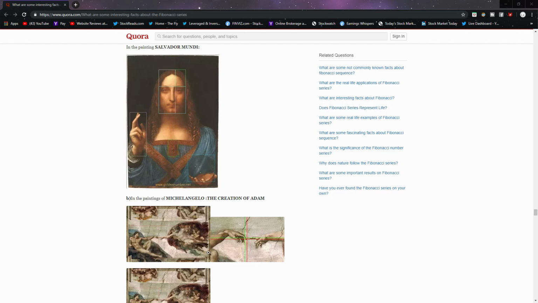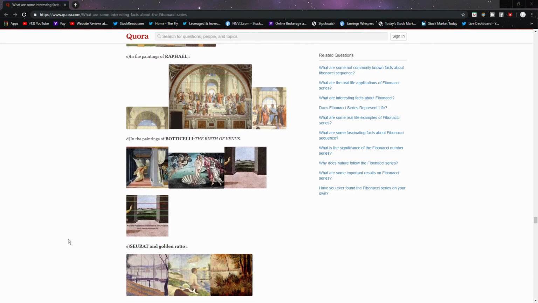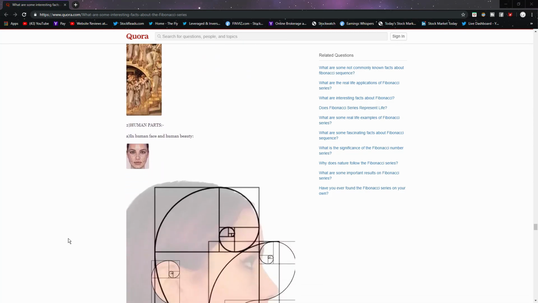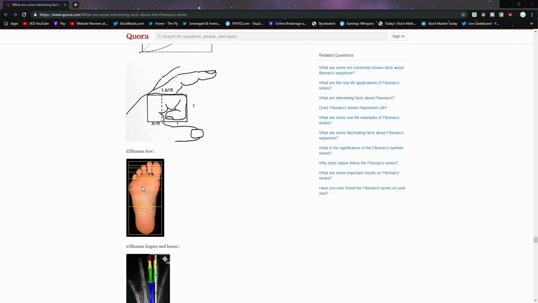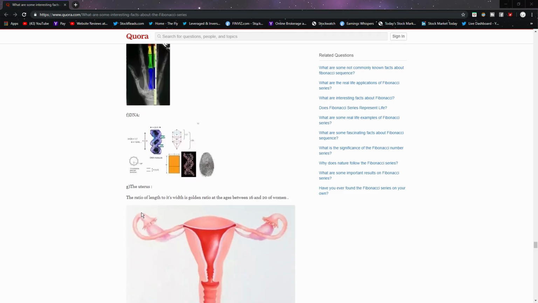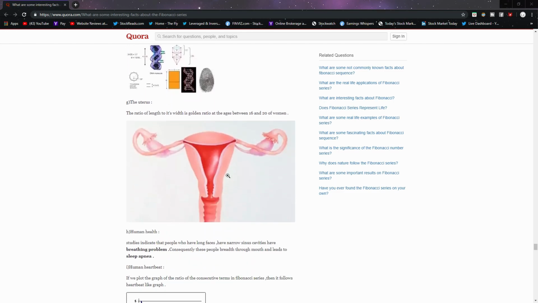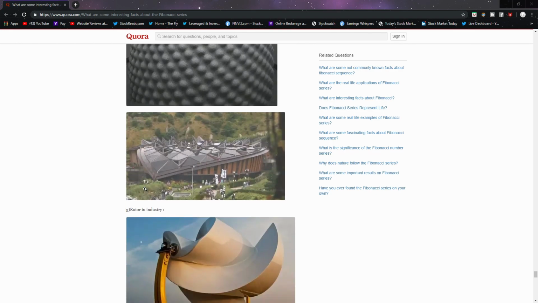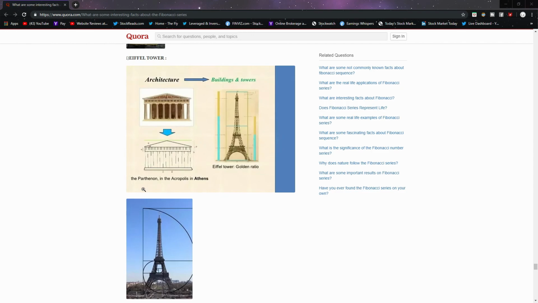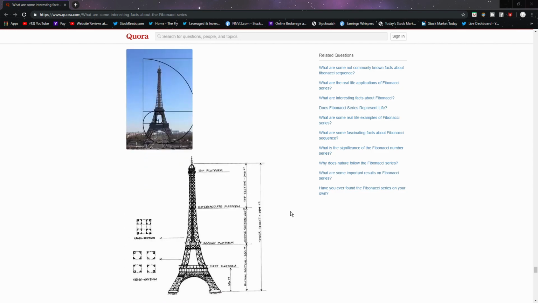More examples right here of the Fibonacci ratio. All of this right here. From your fist to your hand, your feet, your human finger and bones, again your DNA, the uterus, the human health, the Eden Project, even the Eiffel Tower. Pretty crazy that all these things revolve around the Fibonacci ratio and the architects that use Fibonacci